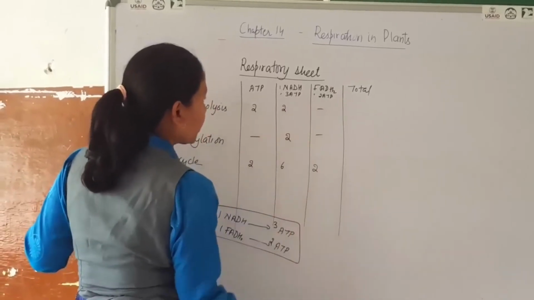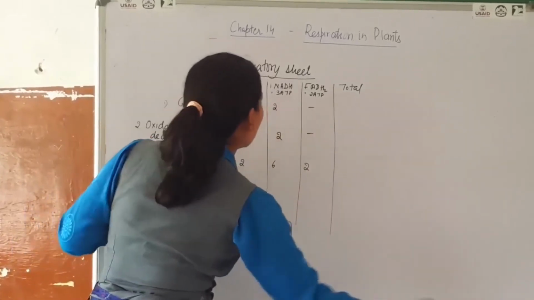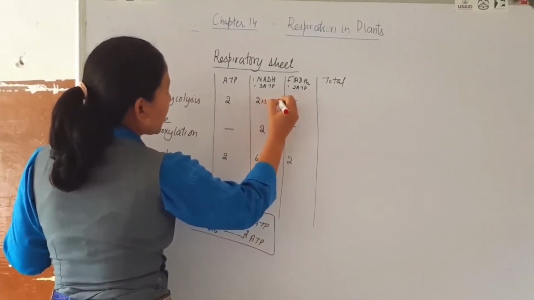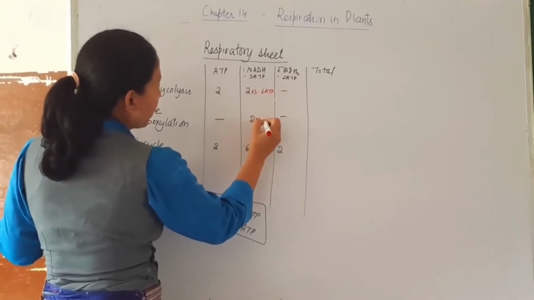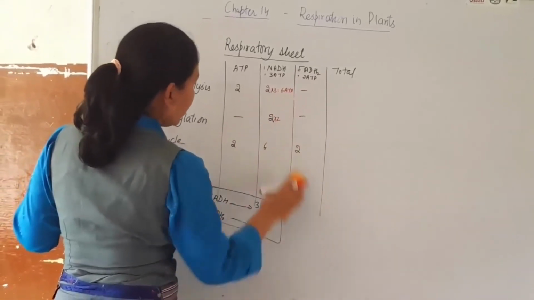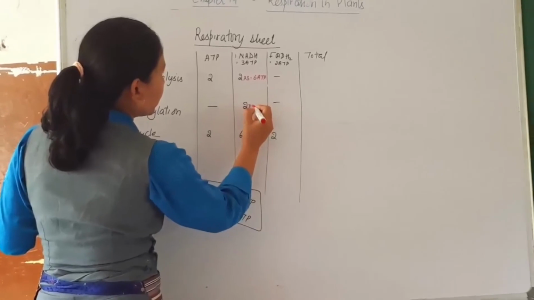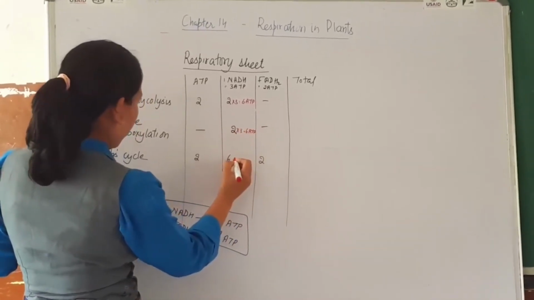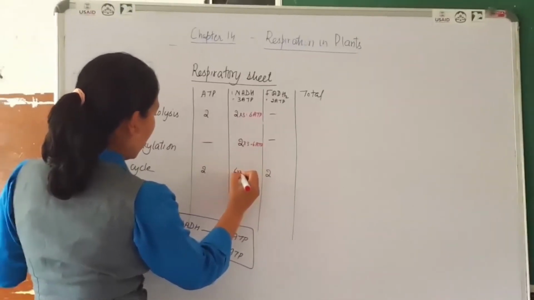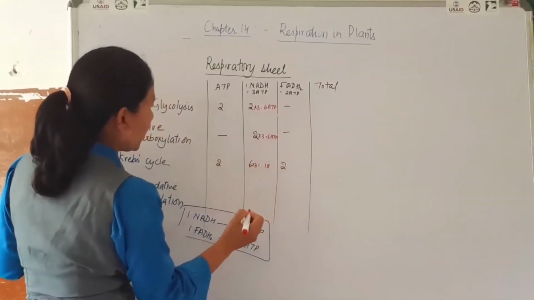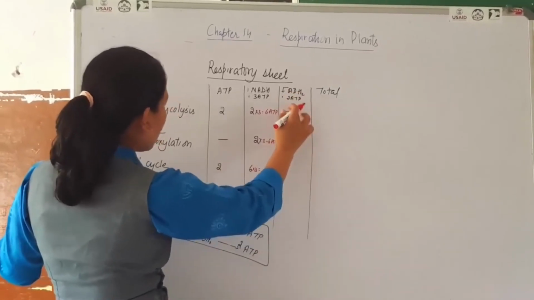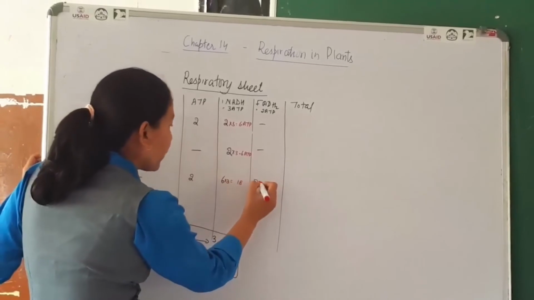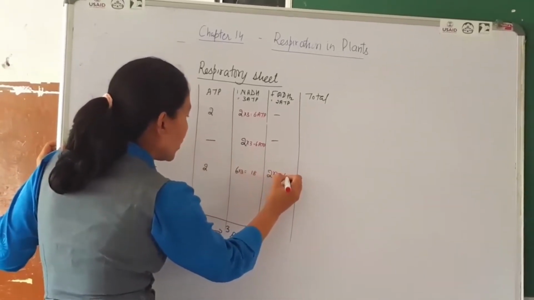Let's write here. 6 ATP we get here, into 3. 6 ATP. And this is 3 again. 6 are 18. And let's look at FADH2. FADH2 is only produced during Krebs cycle. So, into 2 is